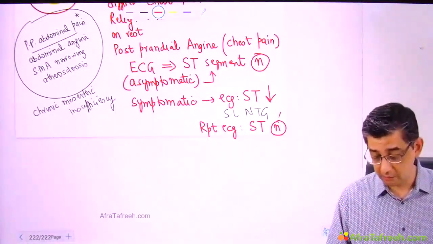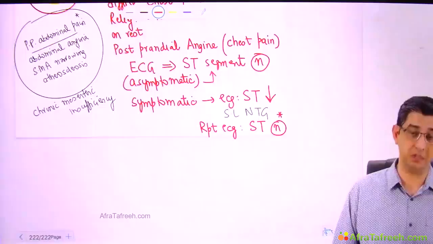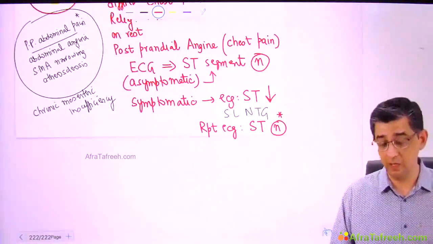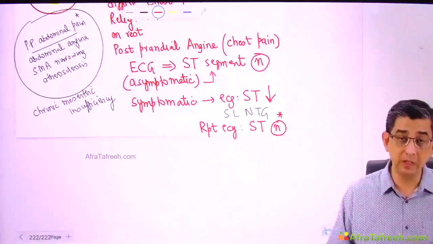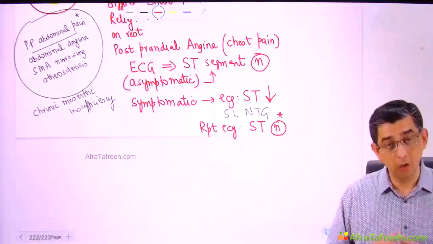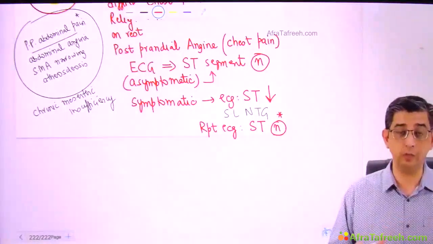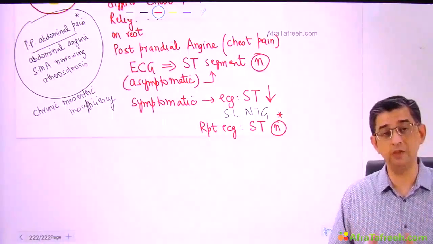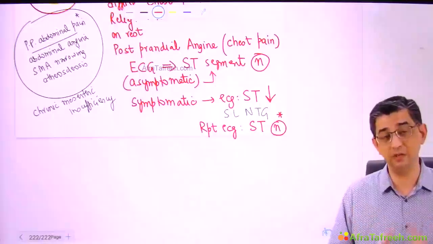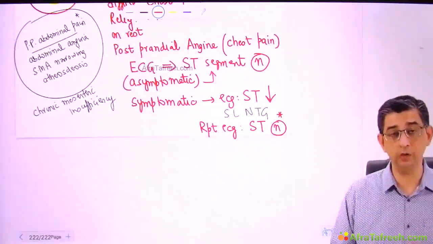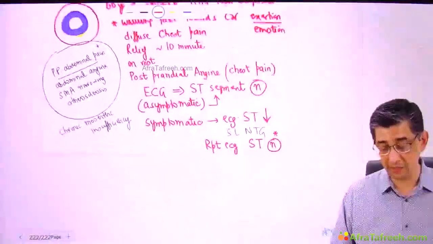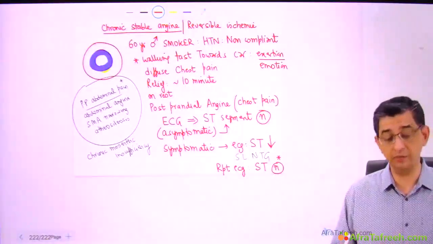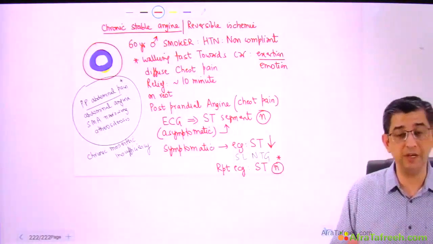You can very well see why I wrote the words reversible ischemia initially, because I wanted you to be clear about the fact that in these people, ECG findings will normalize. The chest pain symptoms will go away, everything will become normal the moment there is no stress on the heart of the patient. It is a stressful event like walking fast, a stressful event of emotion, or a combination of the two that can trigger chest pain manifestations. The moment the patient is feeling relatively comfortable, like when you give nitrate, obviously the findings will normalize.